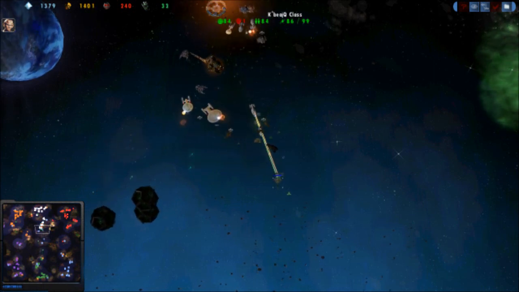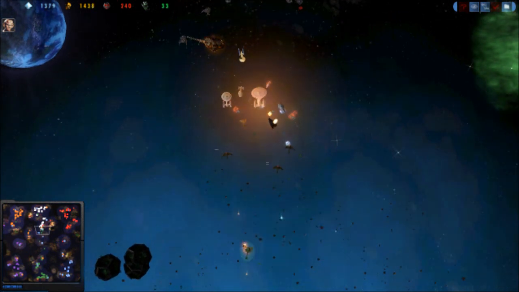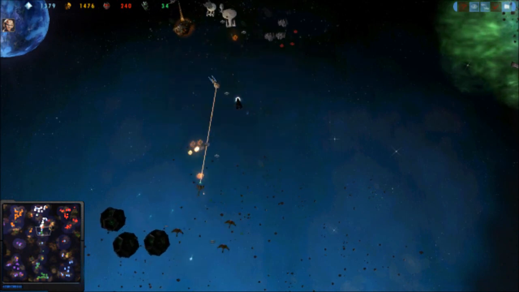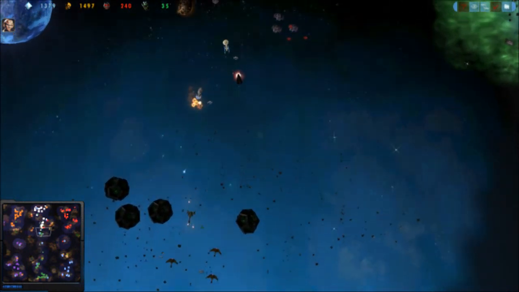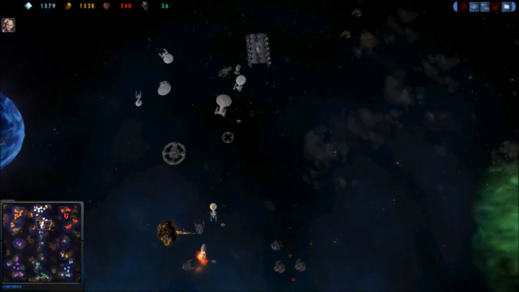Intrepid going down. Badge needs to try to get out of there. I think he's gonna make it. Here another Warpin, and not a bad draw again. Ambassador